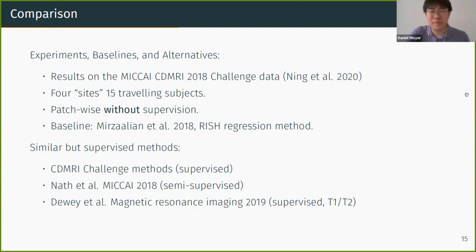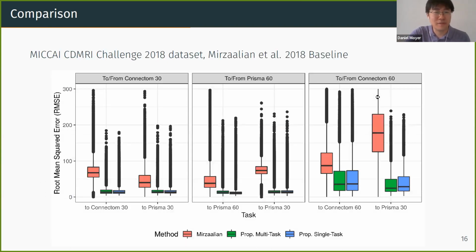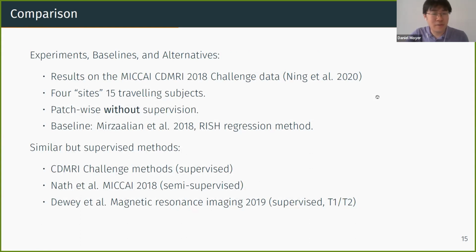So this is from the previous time that I was talking, but basically we have the CDMRI challenge data set. For those of you who like diffusion imaging, this is a good data set. There's a great one from Vanderbilt, from Bennett Landman's group, that supersedes this, but this is another one where we have traveling subjects, and we're not using the correspondence between subjects, basically. We're using that just to validate things.